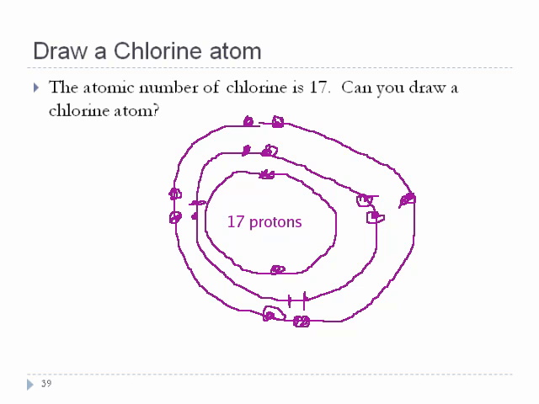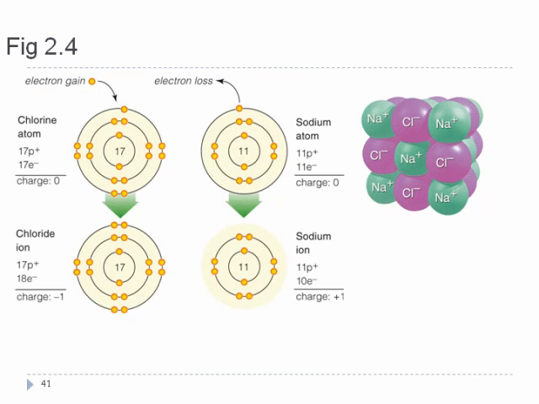So if you want some better images of what the sodium atom and the chlorine atom structures are, they can also be found in Figure 2.3 on page 22 in your book. They're both in C because they both use that third shell. And so they show you the structure of sodium and they show you the structure of chlorine. And then in Figure 2.4 on page 23,